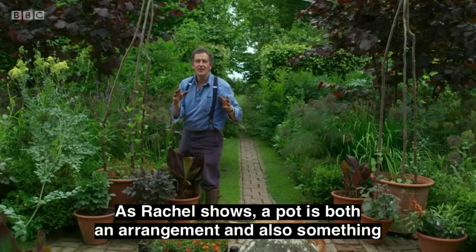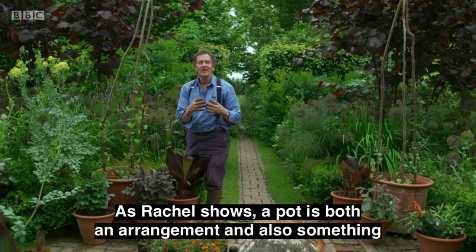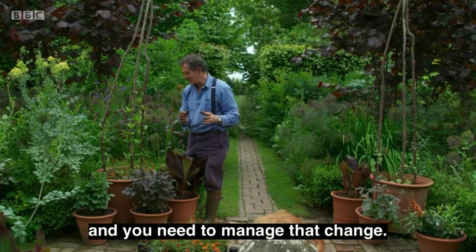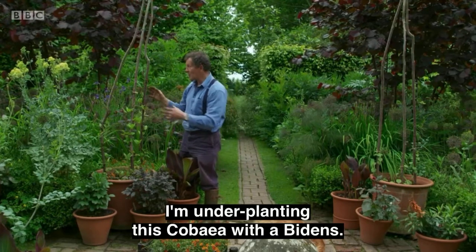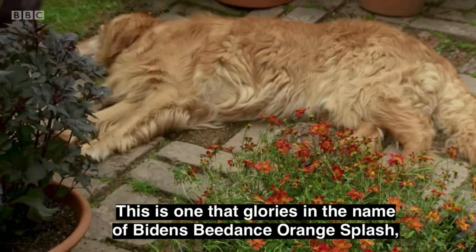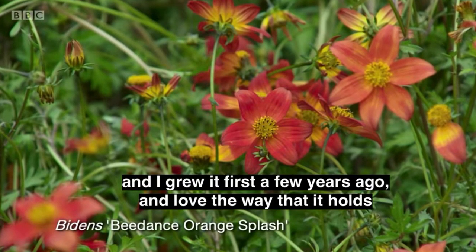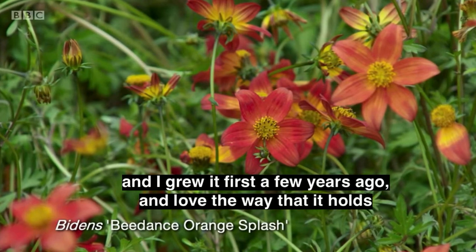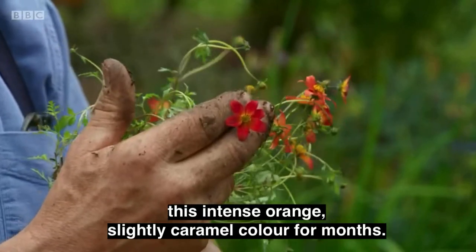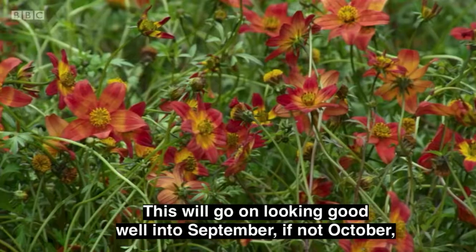As Rachel shows, a pot is both an arrangement and also something that has the dimension of time. It's going to change, and you need to manage that change. I'm underplanting this Cobea with a Bidens. This is one that glories in the name of Bidens Bee Dance Orange Splash. And I grew it first a few years ago and love the way that it holds this intense orange, slightly caramel colour for months. This will go on looking good well into September, if not October, as long as it's